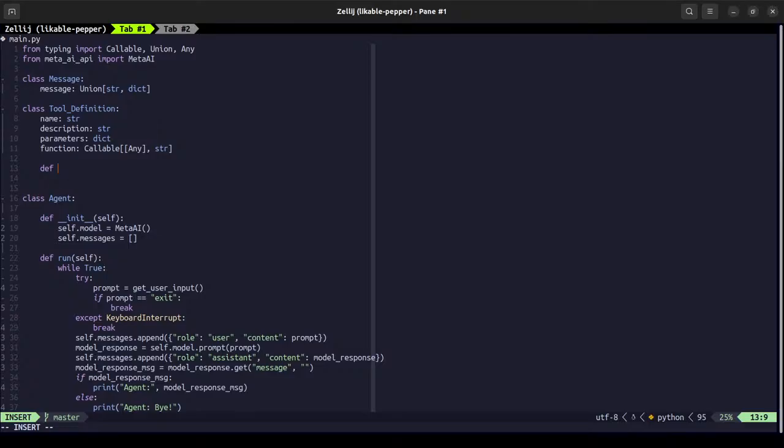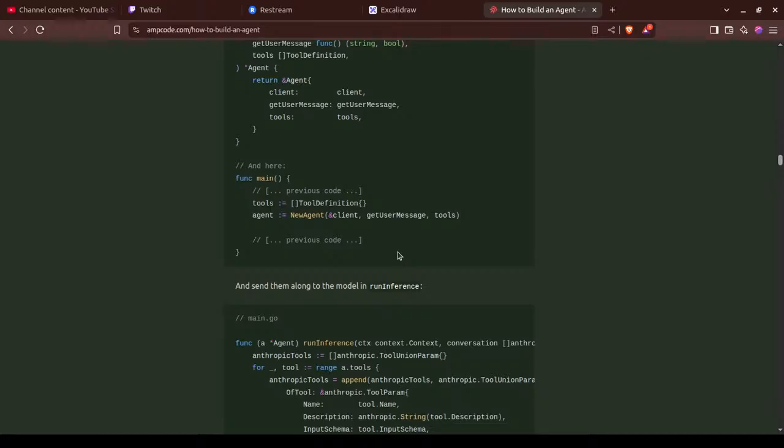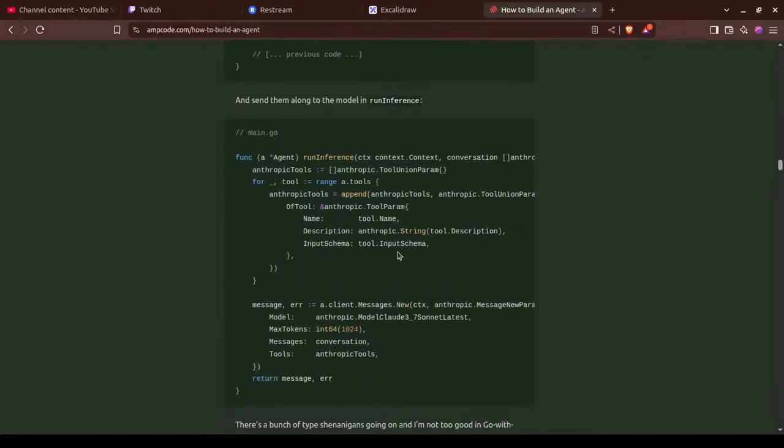We need a definition here. Let's pass it any which ways. Okay, and yeah, we will need this as well, where we can have the tool response and tool call. So run inference, anthropic tools.